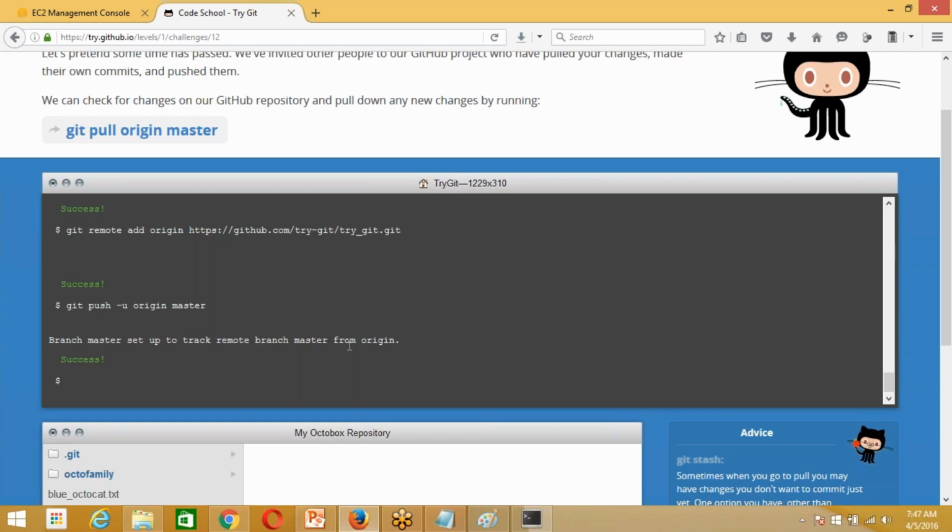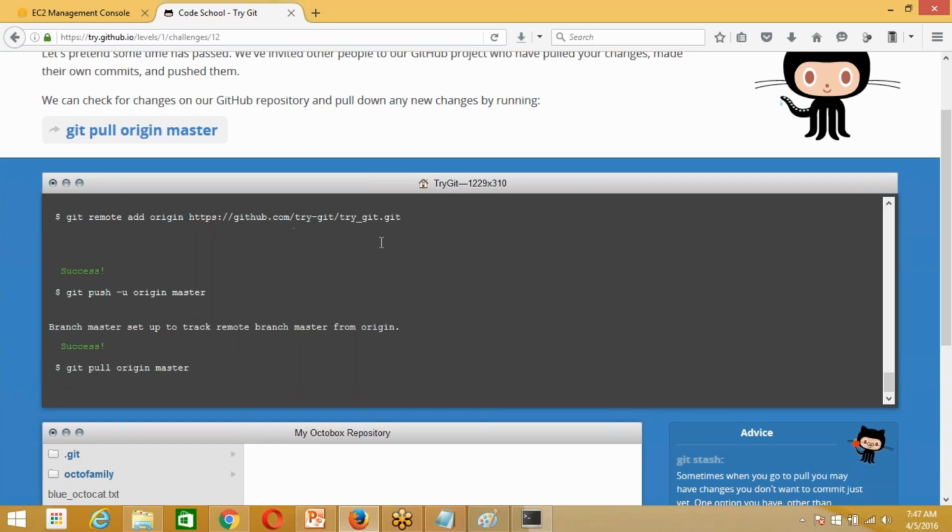Origin is a name we have given, and then we can do a git pull origin master. This is a URL where we want to get our code from. So we are pulling our code from the origin master, a pre-created branch on GitHub. We are just pulling the code here.